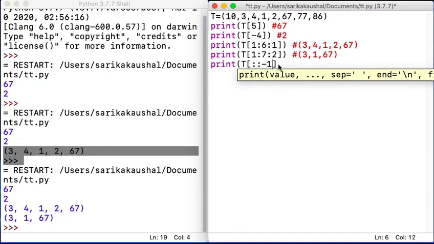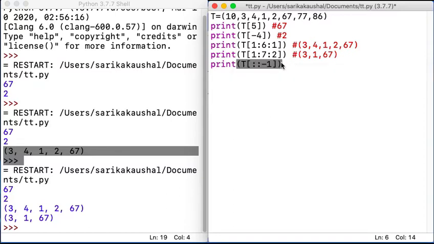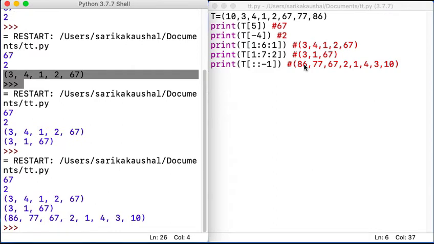So automatically you will see this value in the reverse order. You will see the answer as 86, 77, 67, 2, 1, 4, 3, 10. So this is how we basically work, and when I'm executing, this is how I'm getting the answer also. Okay, so that is negative indexing.